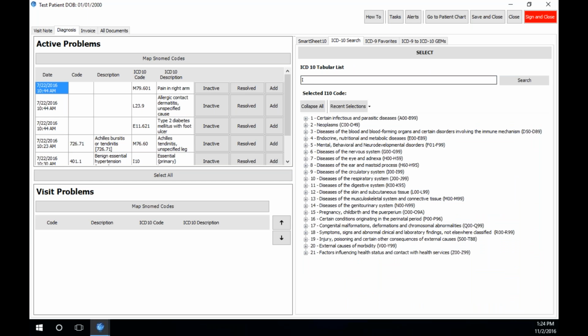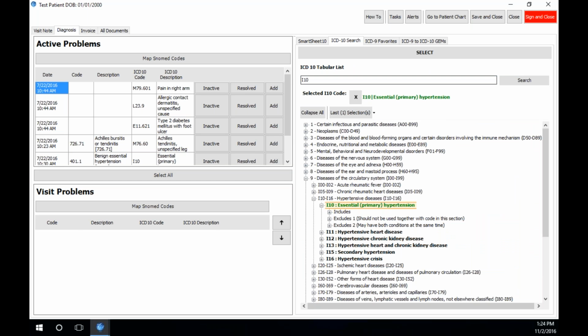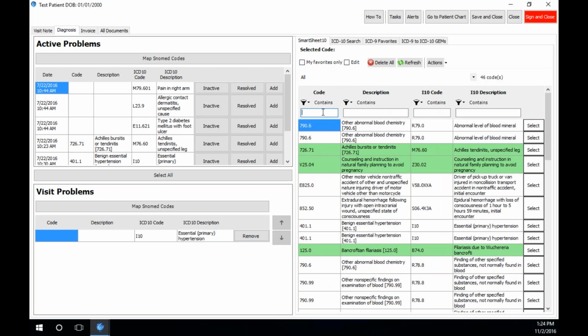If we add in a code using the ICD-10 search, we only get that ICD-10 code added. Whereas if we add a code in using the Smart Sheet, we get both codes. If the encounter was created using only the ICD-10 codes, when we switch to ICD-9, there is no ICD-9 code for it to pull. So in that instance where you're having blank ICD-9 codes, you'd want to come over to